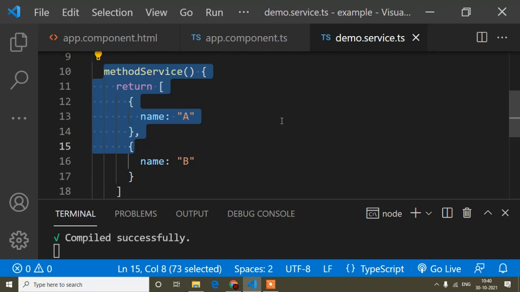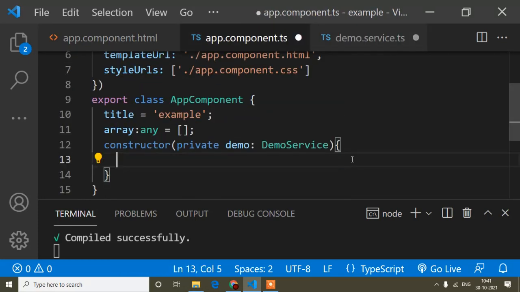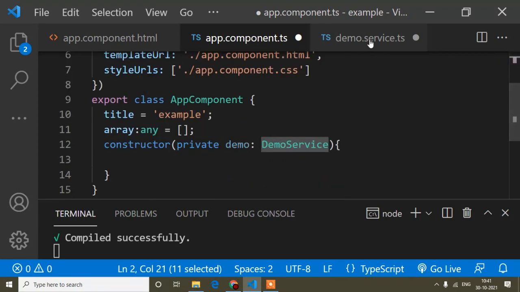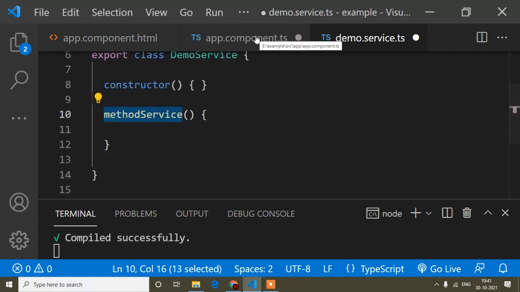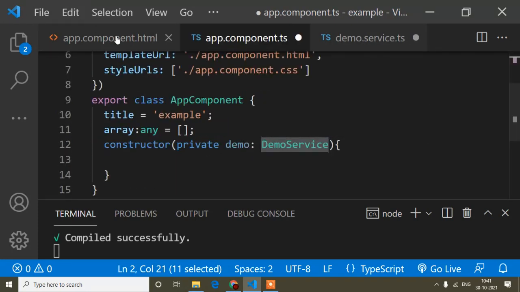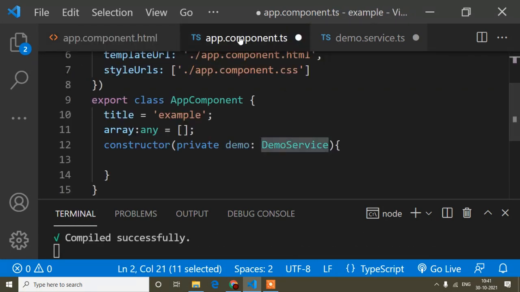Now I will show you how you can pass an HTTP request. Here I will show a get request, but if you want to pass a post request, the process is the same. Just the method has to be changed, that is post instead of get. So now I will remove this array, and this one I will remove also, but I will keep this one. I will not remove it because when I pass the HTTP request I just have to change this one, but when I display the request I have to import it again. So I will not remove this one. Okay, and this thing I will remove again. So it's done, and I will save.